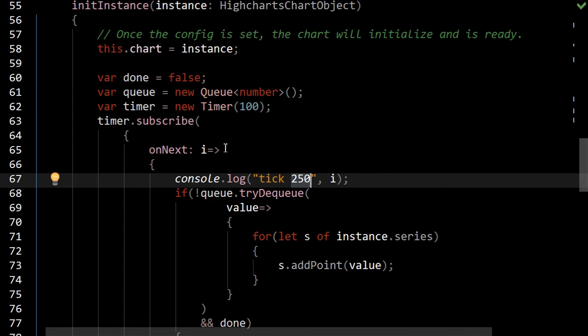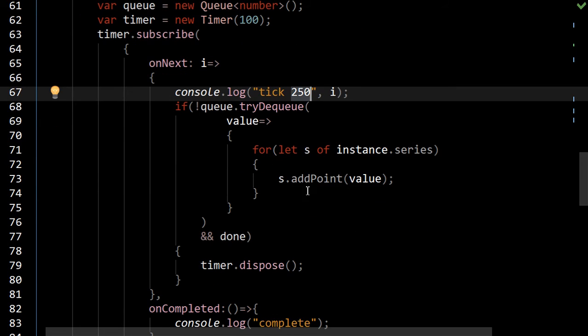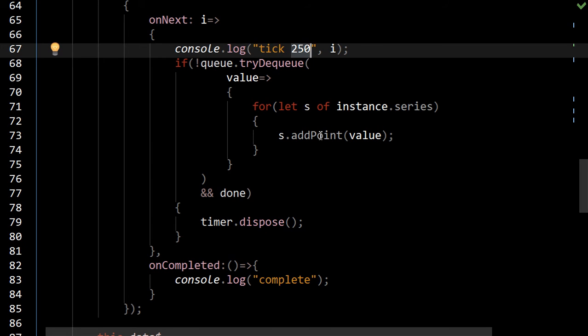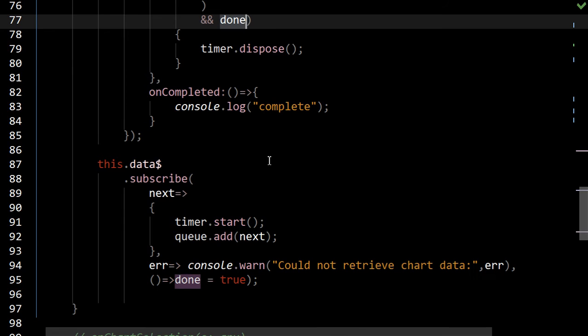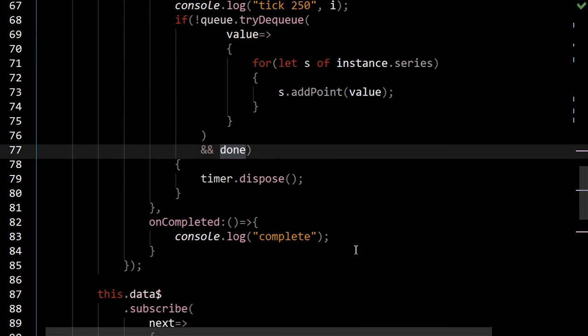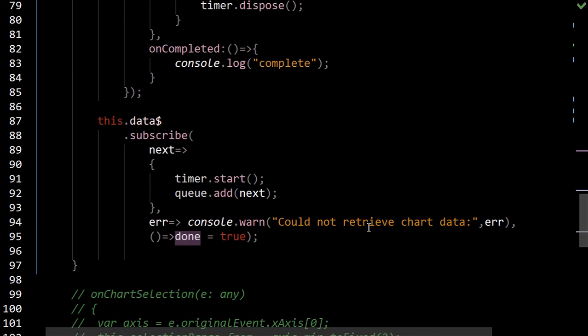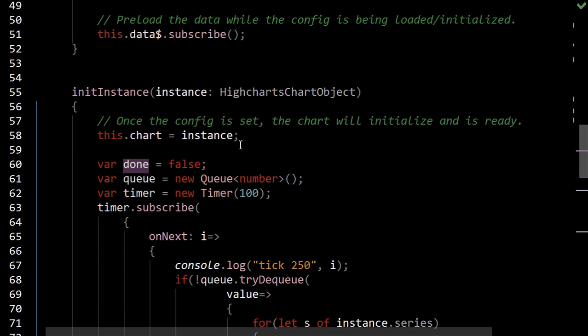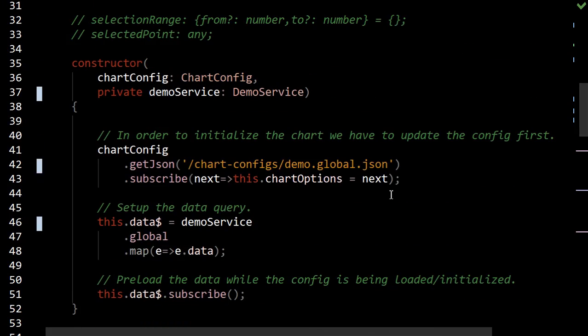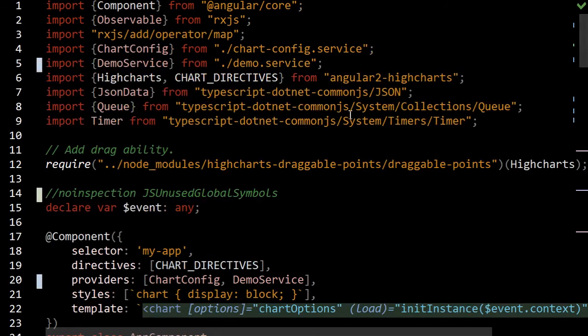But it basically just captures, it stores all the data in the queue, and then the timer ticks through the data and adds it to the series. And then, if there's a done flag, which there really is actually immediately in this particular use case, it will finalize and then call complete, right? So basically that's it. This is a little bit long-winded, but the important bits to know, you'll need